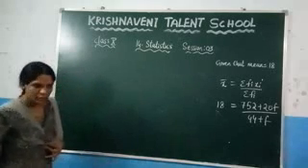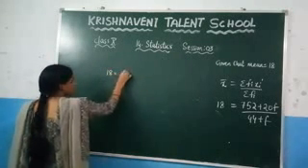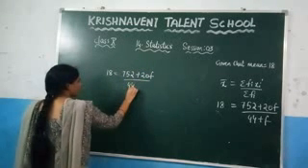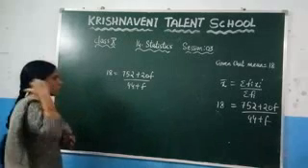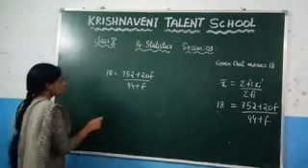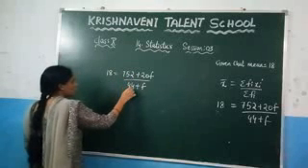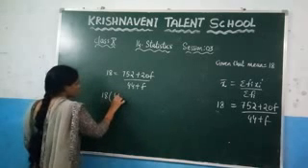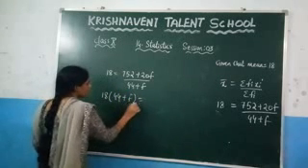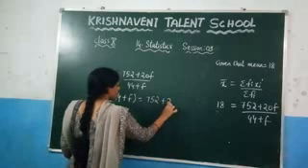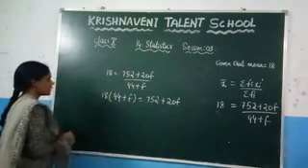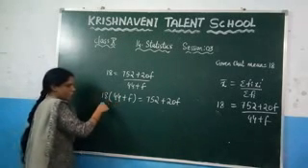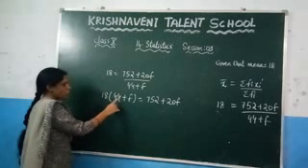Now solve this one, if you want to find the value of f. So what we got here is 18 is equal to 752 plus 20f by 44 plus f. This is the equation we got. Based on this equation, you can find the value of f. Since we are dividing these two values, if you take this value to this side, it will become multiplication. You will get 18 into 44 plus f is equal to 752 plus 20f. Now we need to multiply these two values, that means 18 into 44 plus 18 into f.